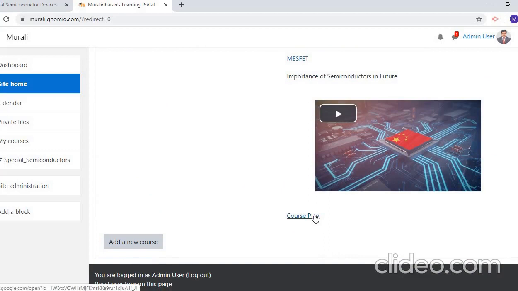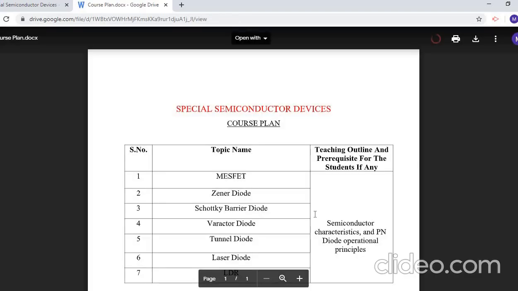So click on this course plan. The data is fetched from the Google Drive and it is opening, so the students are able to download this.